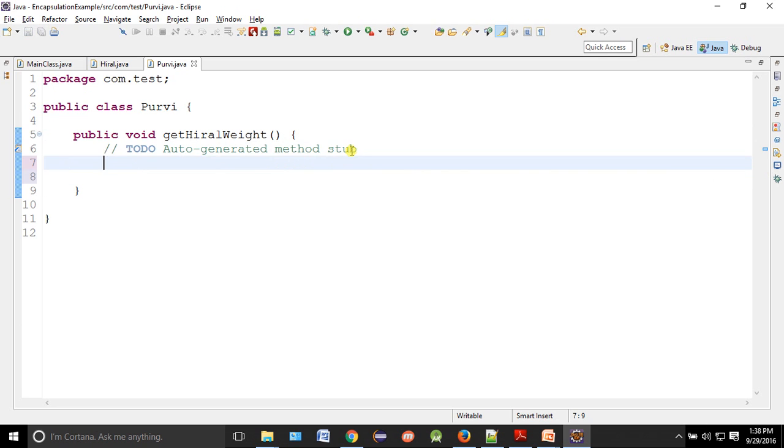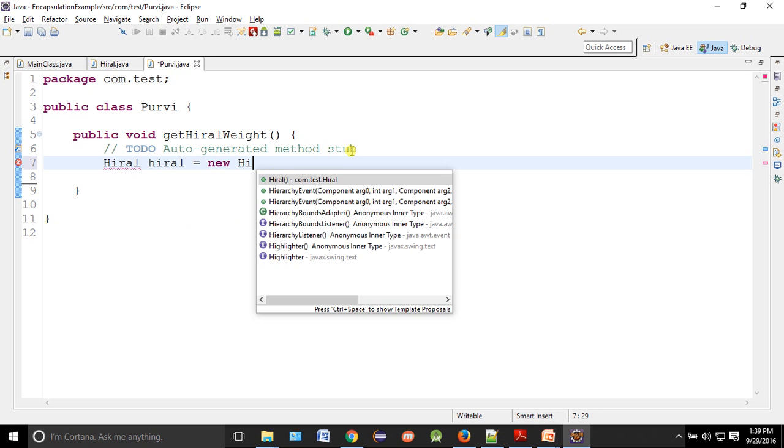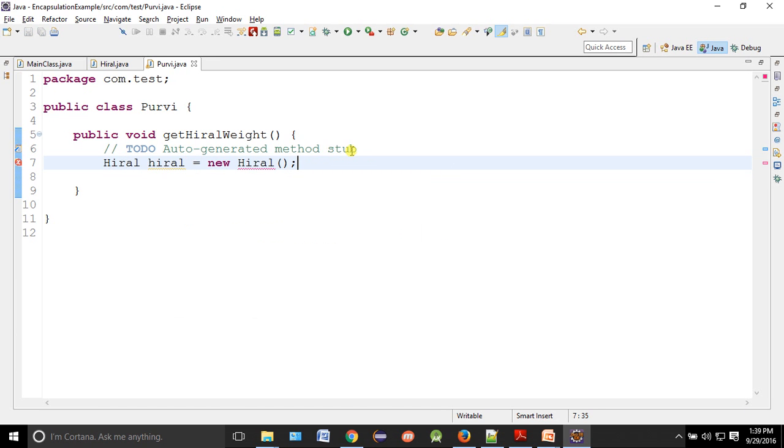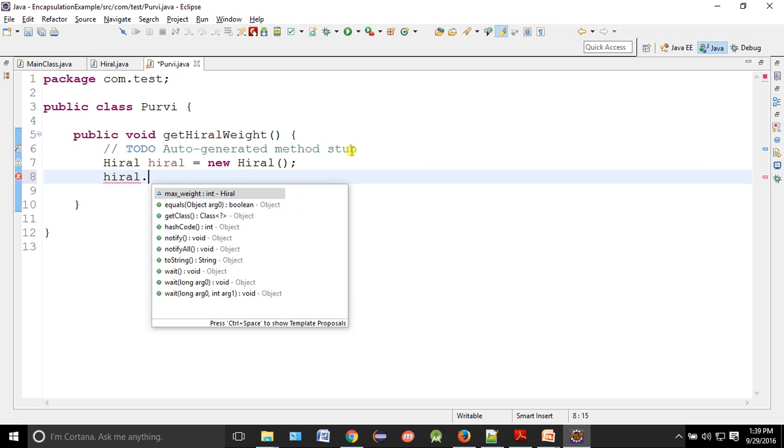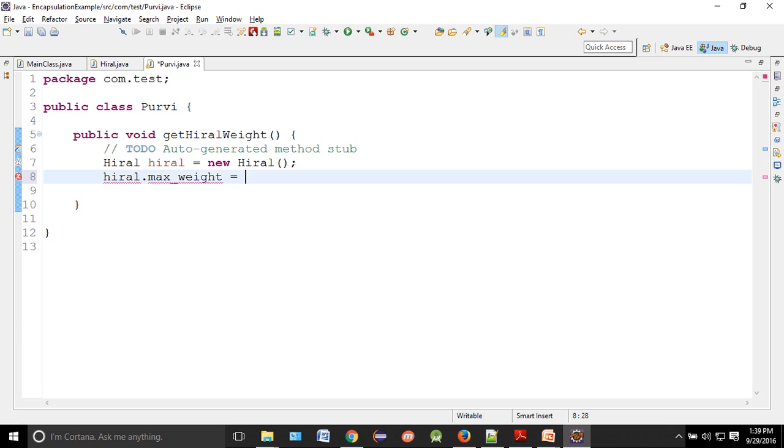Now Purvi will create one object of Hiral: Hiral equal to new Hiral. And Purvi will do max weight equal to, maybe, 500.